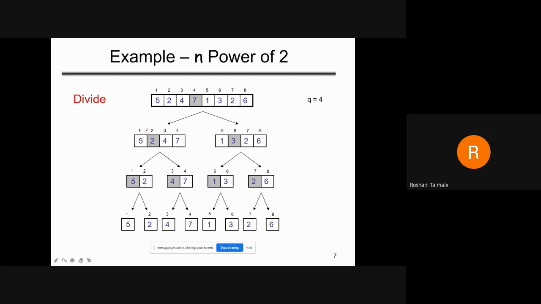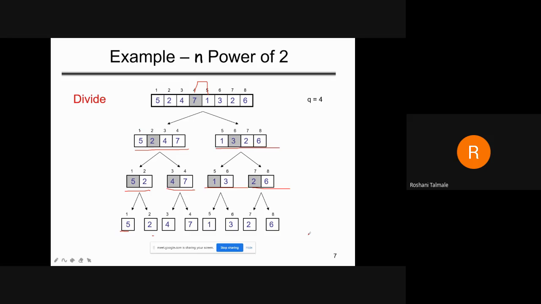Okay. So this is 1, 2, 3, 4. We have divided into the sub array. Again, from Q plus 1, which is 5, the other array will start. That is 1, 3, 2, 6. Okay. Now again, we will divide it because this is a recursive procedure. Again, two elements we are sorting here, 5, 2. Again, two elements here, 4, 7. Similarly for this case also and this case also. So it is completely bifurcated: 5, 2, 4, 7, like that.